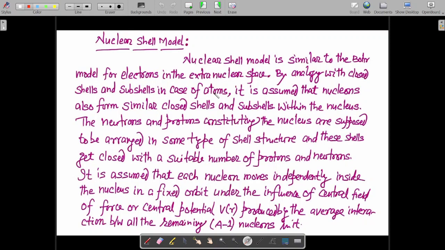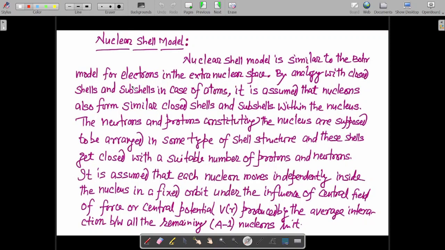That determines the stability of the nucleus, and the stability of an atom is determined by how electrons are being filled in the outermost shell. That is the fact which determines the stability of atoms. So the filling of electrons determines the stability of atoms or elements, but the filling up of nucleons inside the nucleus determines the stability of the nucleus, not the element. So the stability of an element will be determined only by electronic configuration, not by nuclear configuration, but the stability of the nucleus will be determined by nuclear configuration. So this thing you must remember.